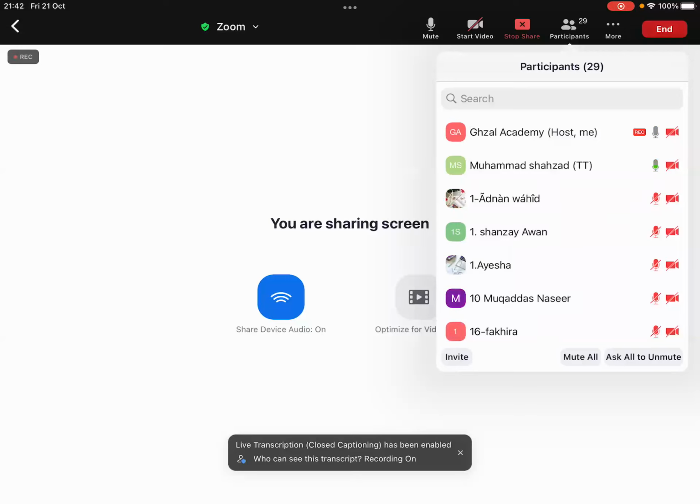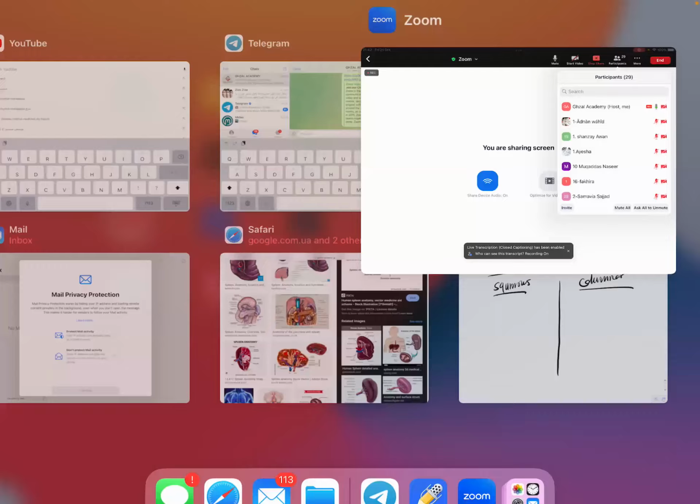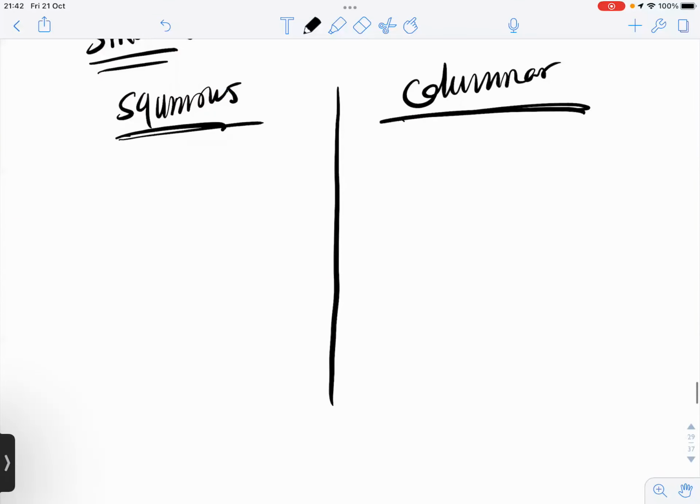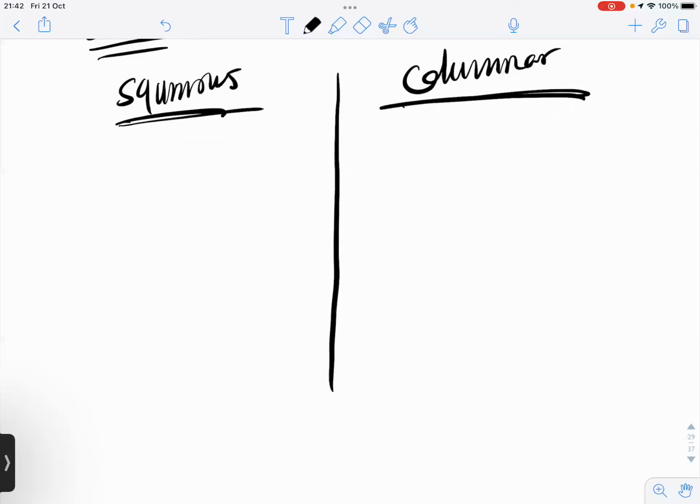Columnar. No, columnar, sir, not squamous. Squamous epithelial tissue is stronger than columnar. But columnar has something which squamous doesn't have. Columnar is secretory